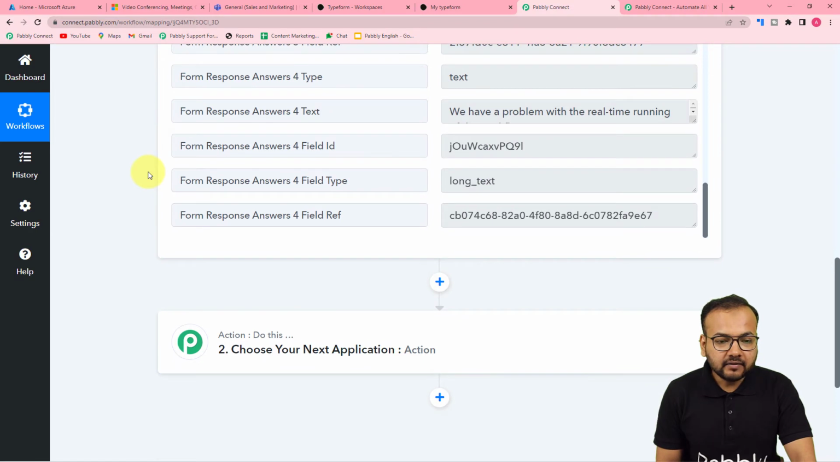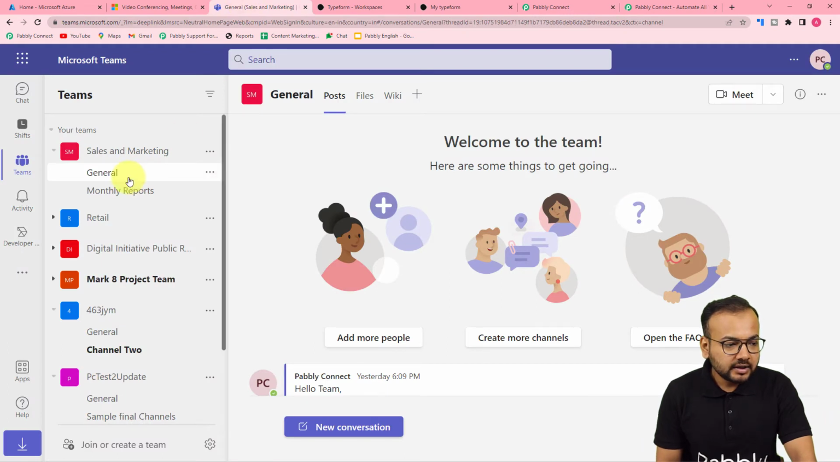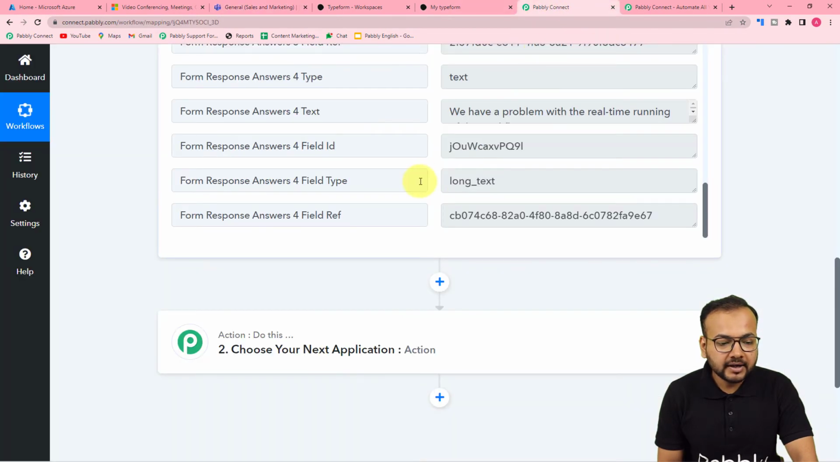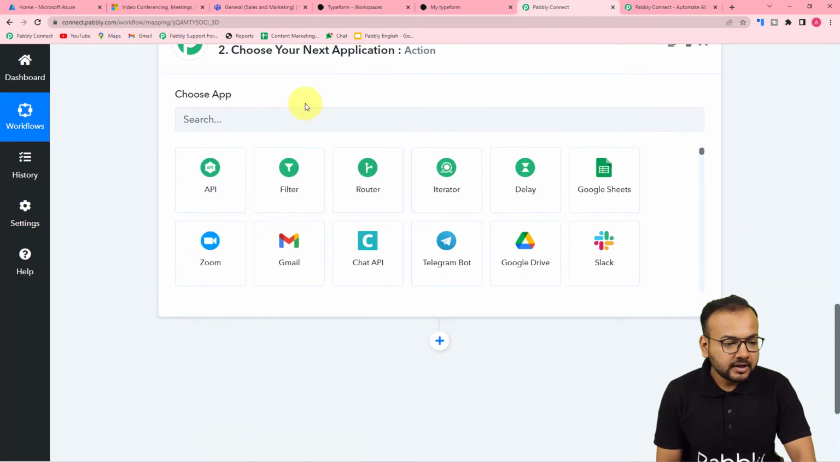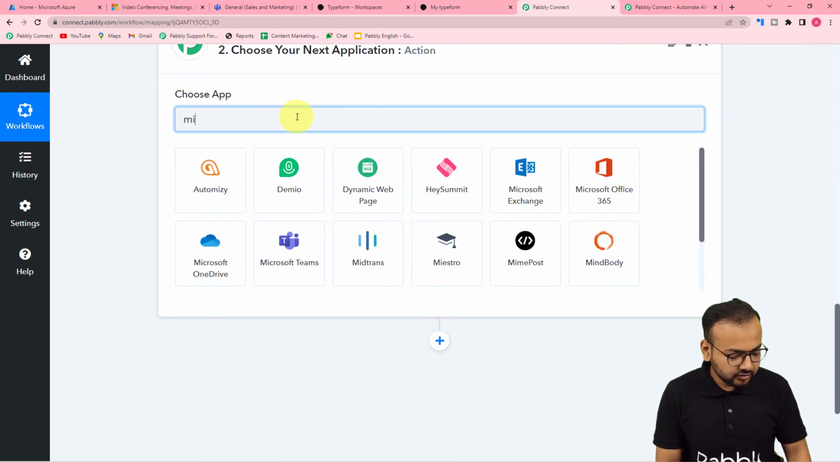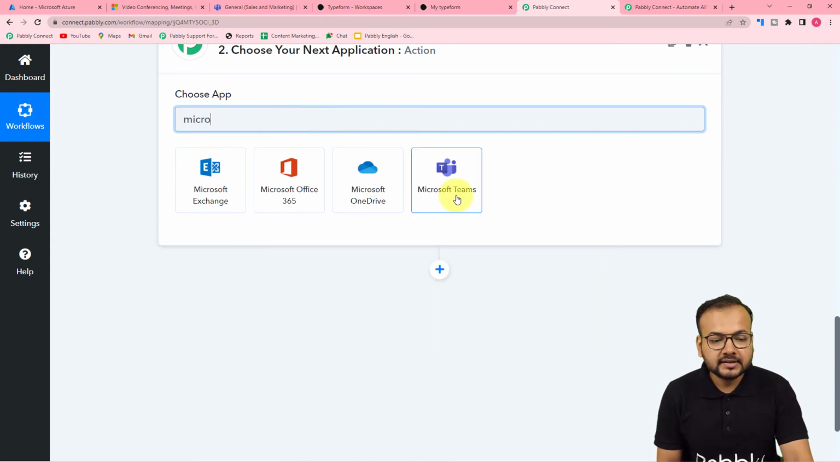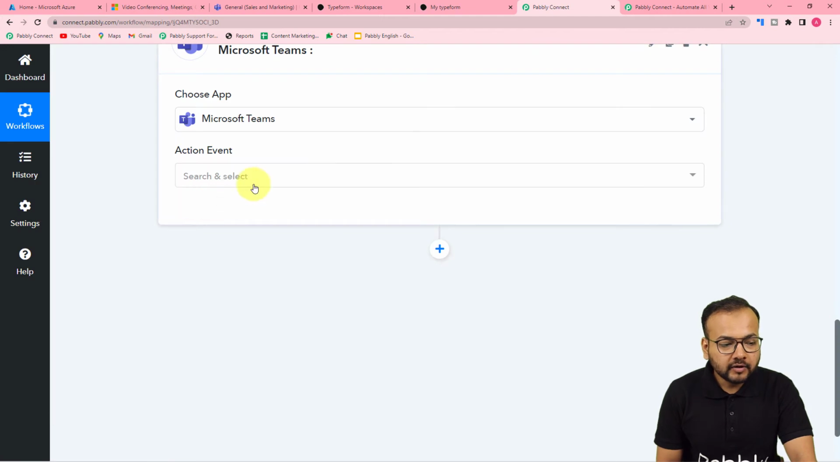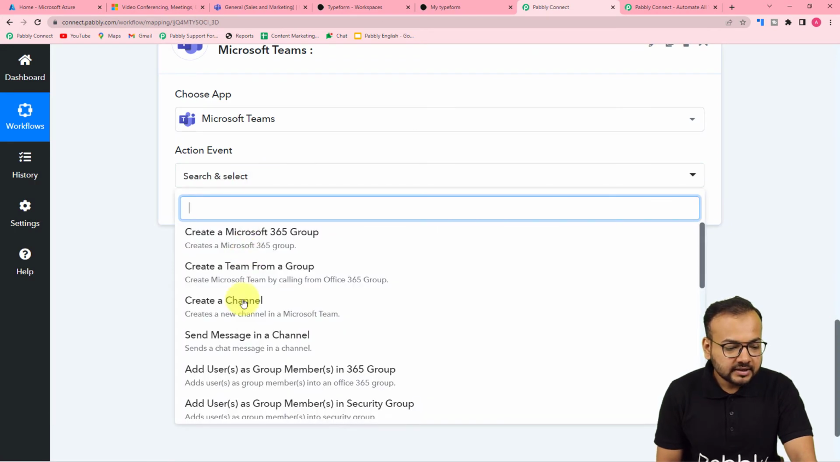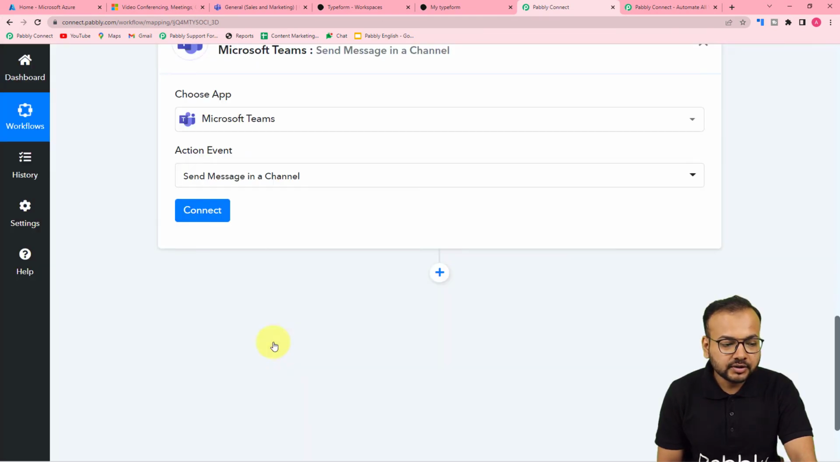Now guys, I want to send this form submissions notification to my team, which is here in this sales and marketing channel in Microsoft Teams. Okay, for that to happen, I'm going to connect Microsoft Teams here in the sections tab. So from this choose app field, search for Microsoft Teams. Here it is selected. All right, and in the action event, select send message in a channel option,